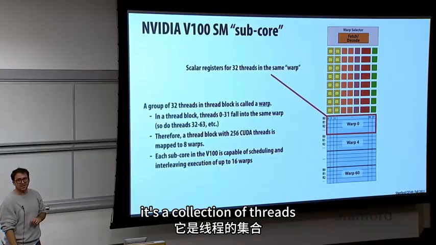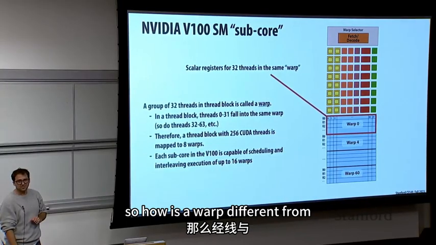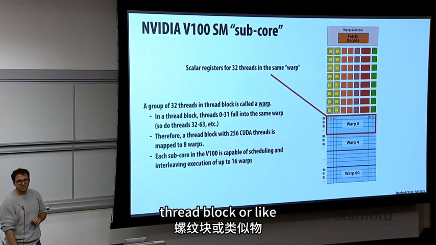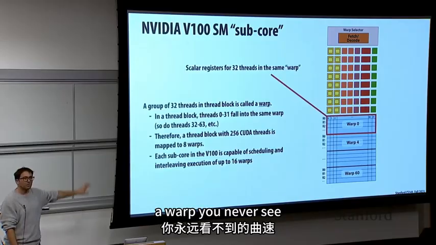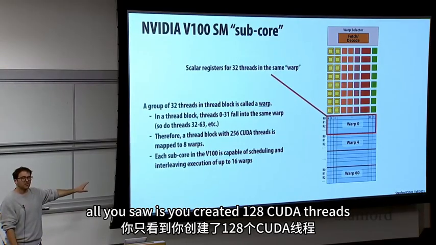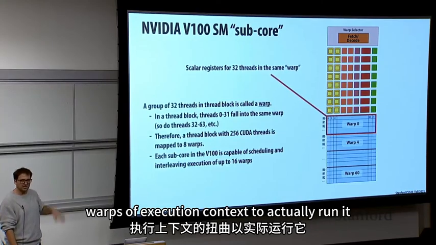It's a collection of threads. So how is a warp different from a thread block? Or is there any relationship? Because a thread block is part of the programming model. A warp you never see. All you saw is you created 128 CUDA threads, and NVIDIA is going to use 4 warps of execution context